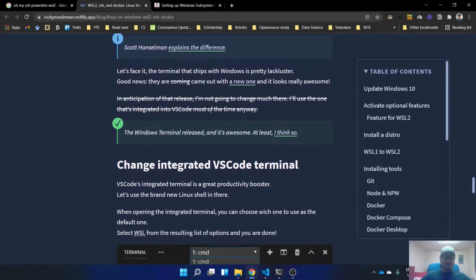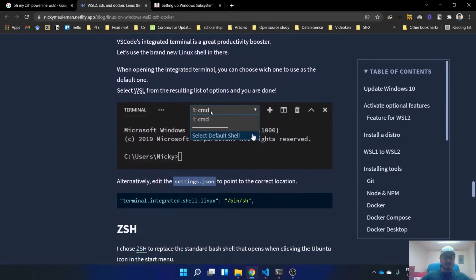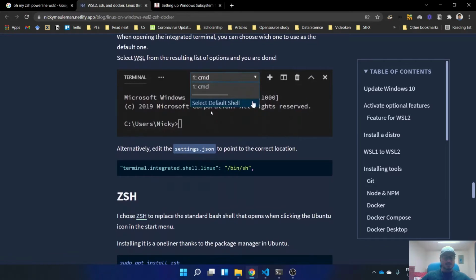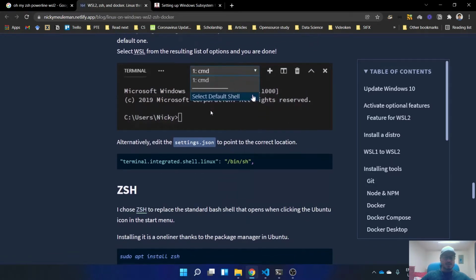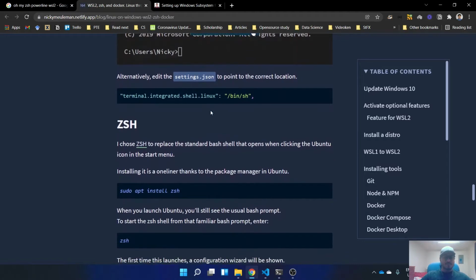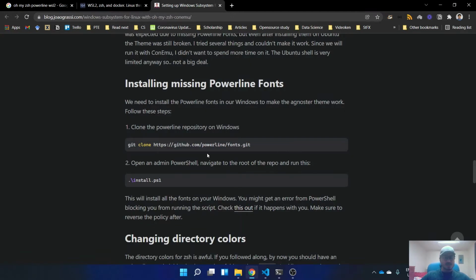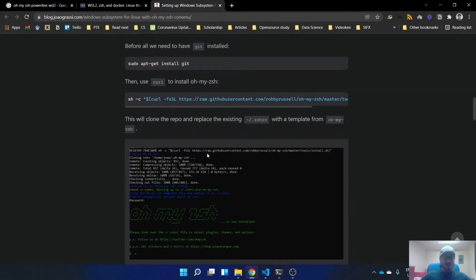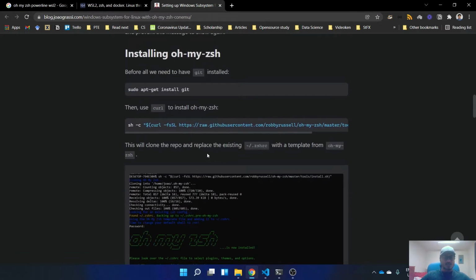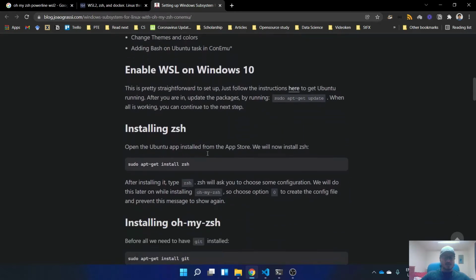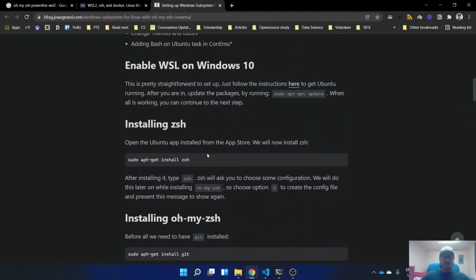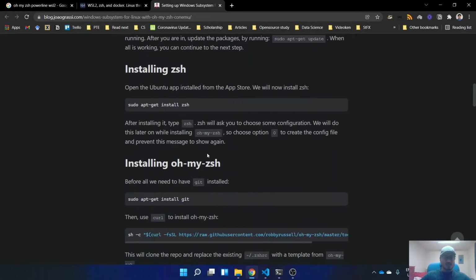Explains the difference. Okay, change the integration terminal. All right. Let's just jump to ZSH. Let me copy this, or this is another one which, okay, this is another article which the links I'll put in the description. Let's follow this article,